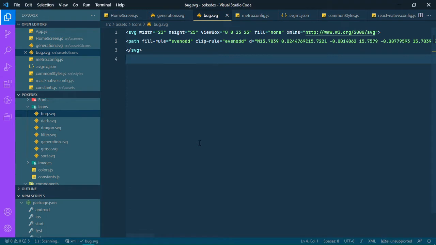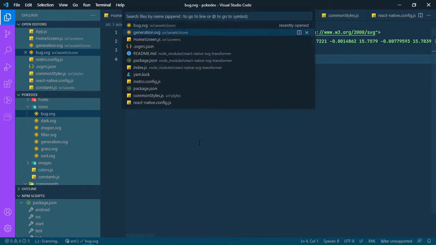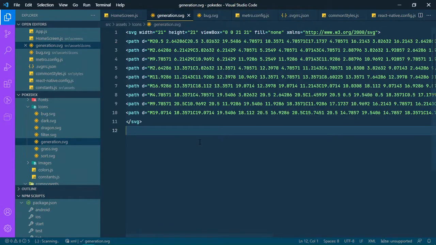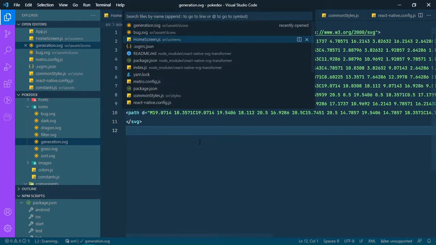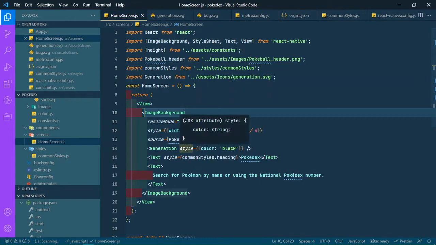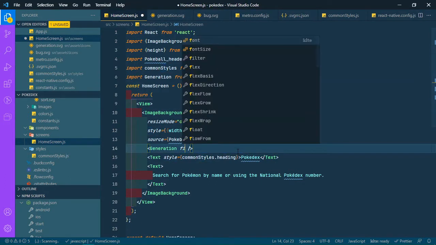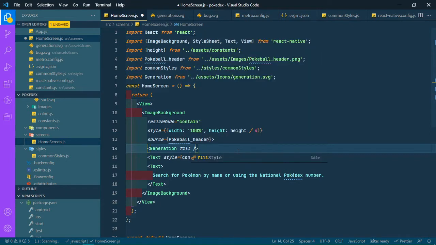Okay, so if we go to home screen and if we set color here as fill to be red,